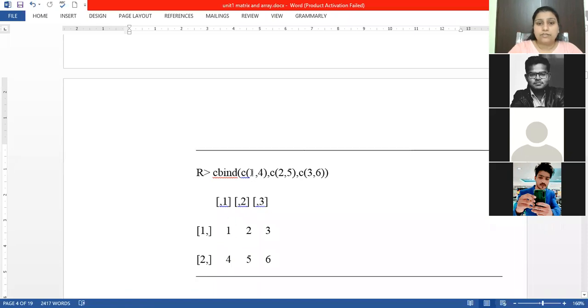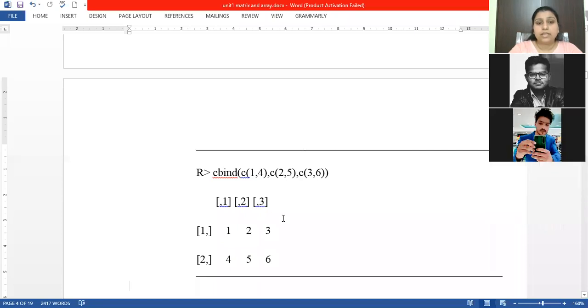The first vector 1, 4 is filled into the first column. The second vector 2, 5 comes to the second column, and 3, 6 comes to the third column of the matrix. So we have two syntaxes, rbind for row binding operations and cbind for column binding operations.